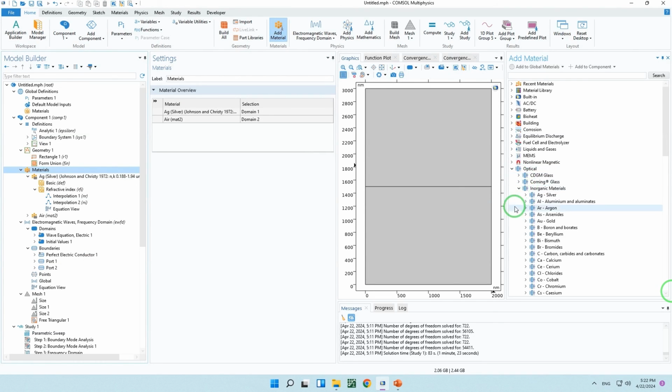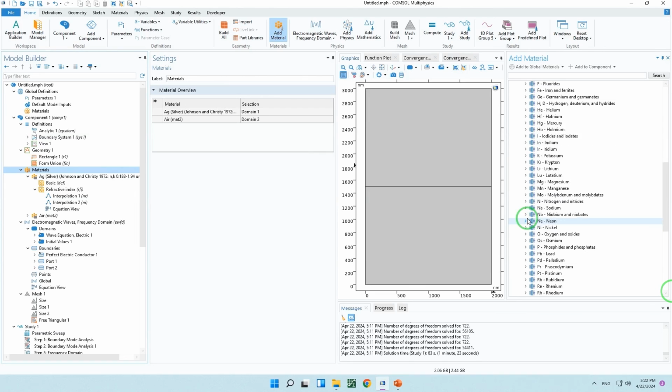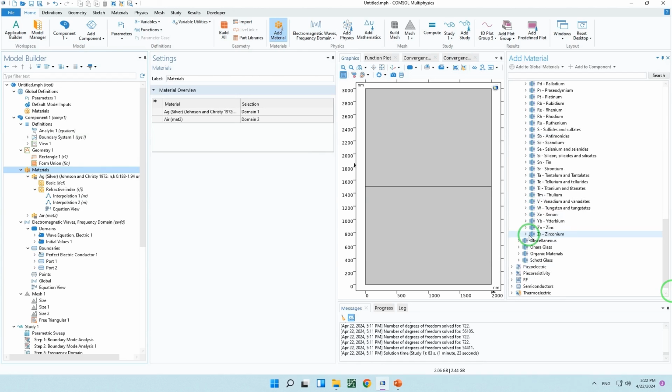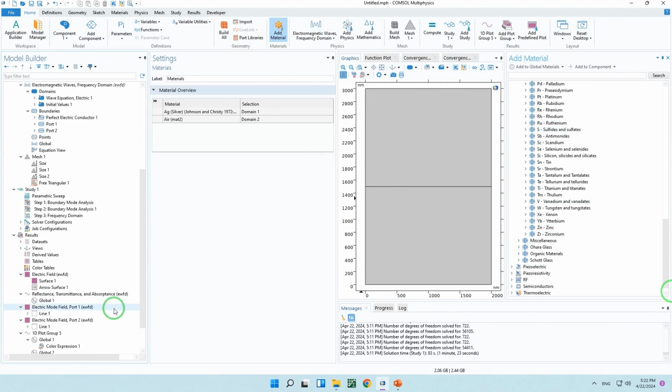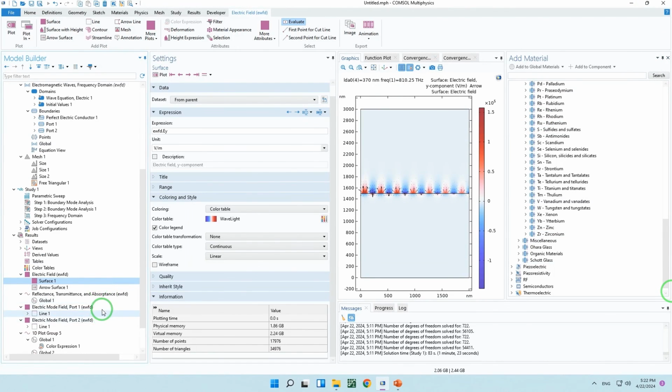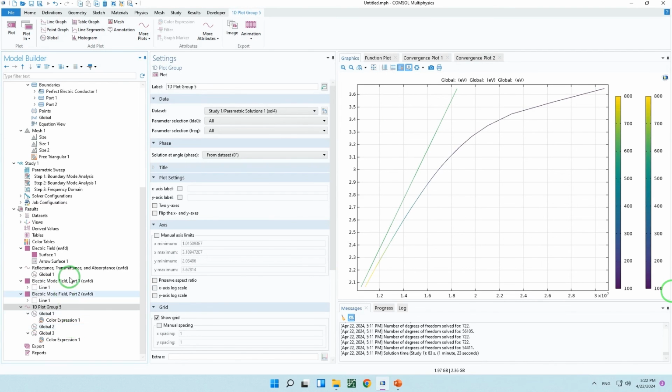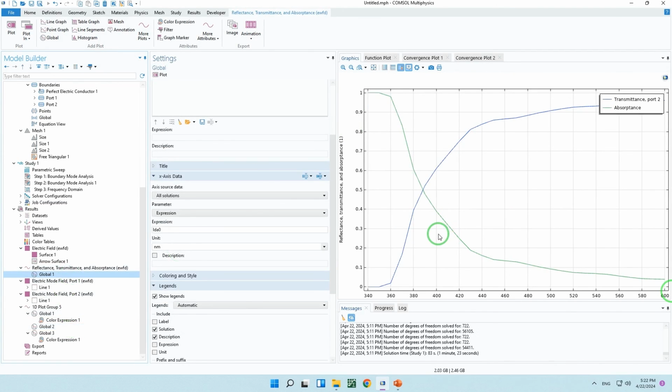For example, it's better to choose aluminum, maybe platinum, iron, and other material, and also gold, and see what will happen for the result of electric field mode, and also the transmittance and absorbance. These will be different,